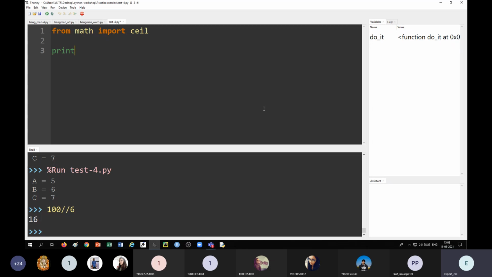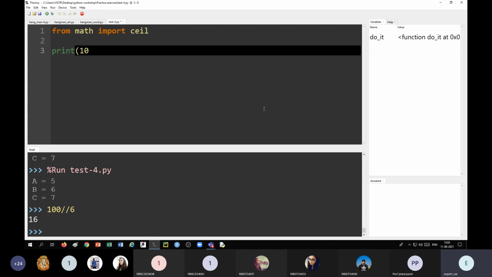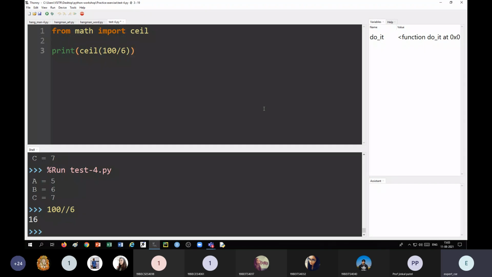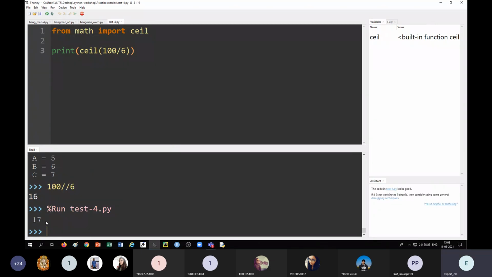For example, say print CEIL of 100/6. So what should it print? 17, right? Okay, so we got 17.